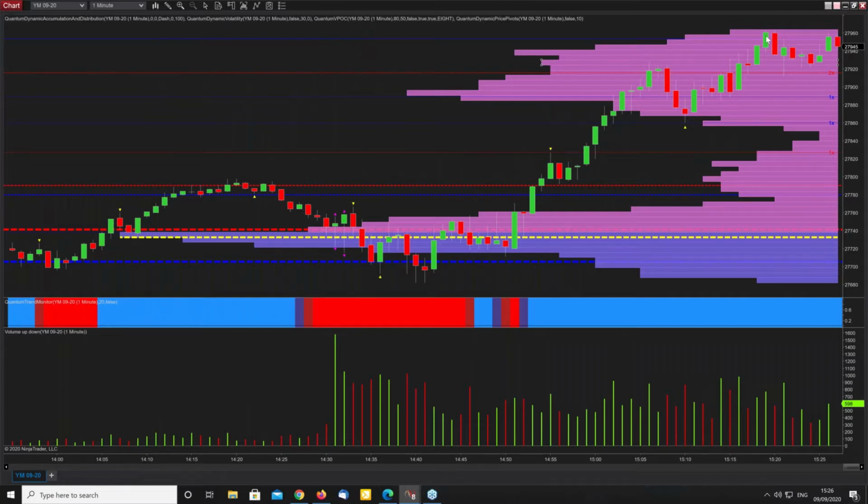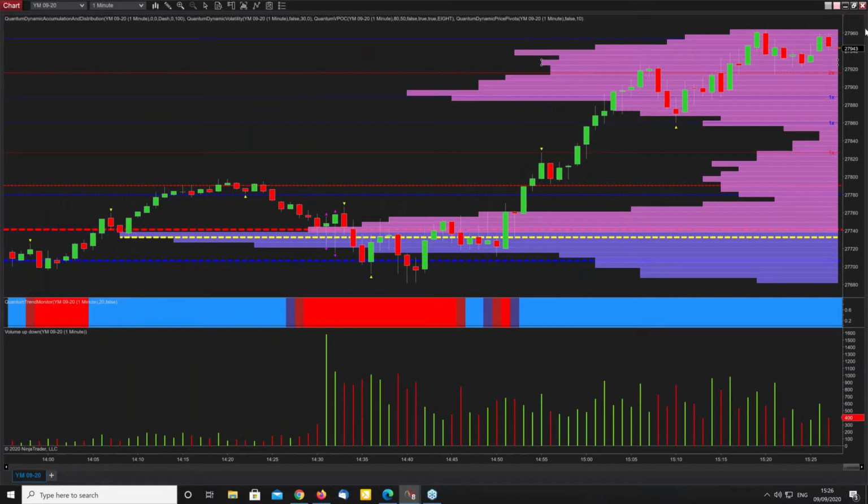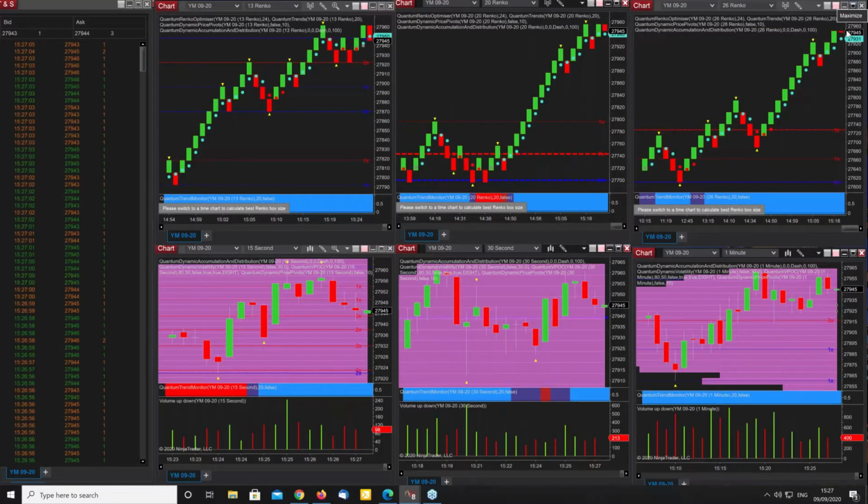But within that minute, you will have a lot of Renko bricks. So it's almost as if you're seeing inside the candle itself. It's such a powerful way of trading. And the other, obviously, benefit of it is not only are we trading on a single Renko chart, here we're